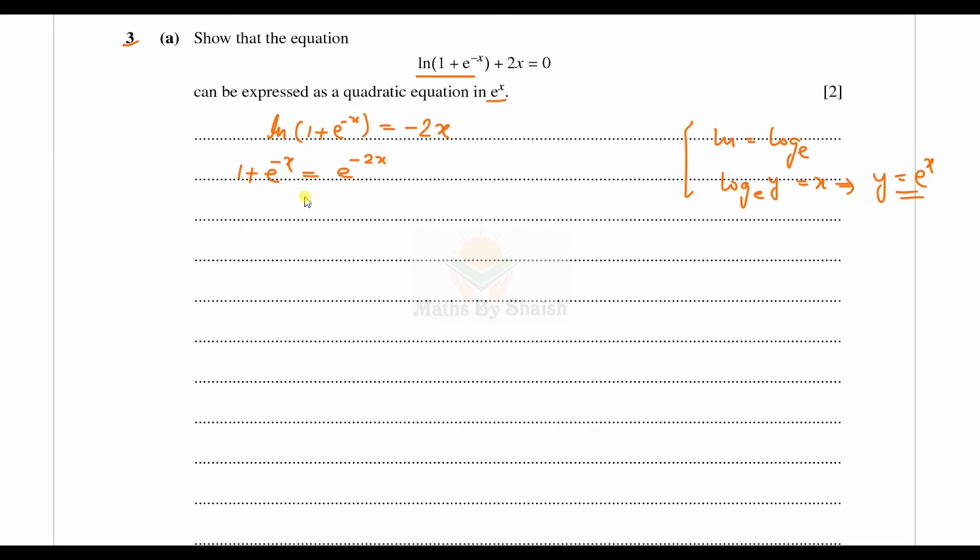So first of all, we'll take this minus as plus, so it will become 1 plus 1 over e raised to the power x is equal to 1 over e raised to the power 2x. Now let's multiply the whole equation by e raised to the power 2x. So we will get it as e raised to the power 2x plus e raised to the power x is equal to 1, or we can write it as e raised to the power x whole square plus e raised to the power x minus 1 is equal to 0, which is